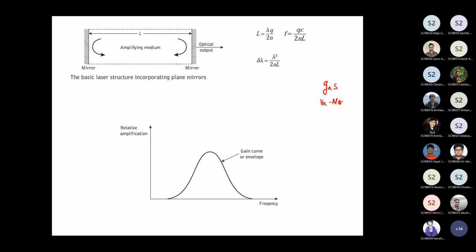Analogous to that, in optical electronics, the gain medium can be made out of gas. It could be made out of solid as well. Lasers whose gain medium is made out of solid are called solid state lasers. Among solids, there are different solids that can be used for creating a laser. But what we are interested in for optical communication systems is the semiconductor laser. That means the gain material is made out of semiconductors.